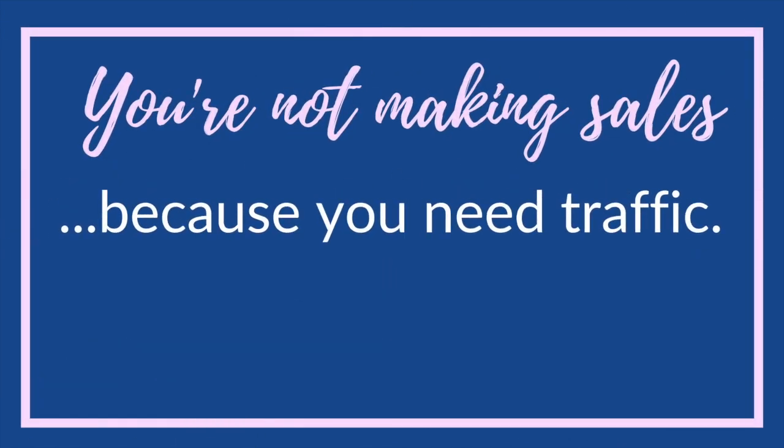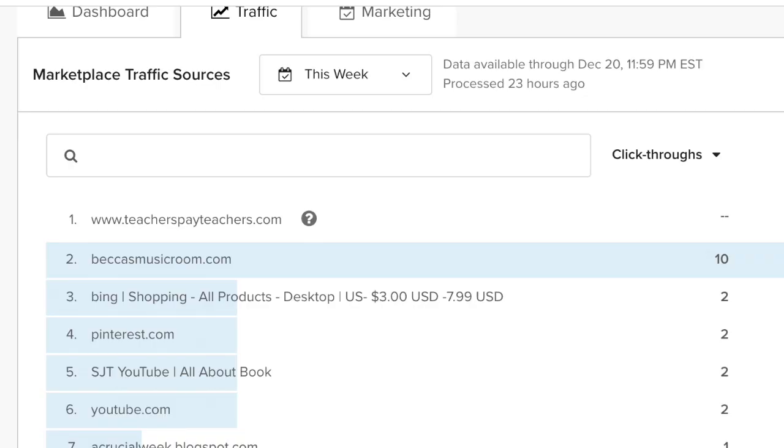Reason number 6, you're not making any money. So far we have your store is too new, you don't have enough products, your buyers are confused, people can't find you, people don't know enough to buy your product, and the next one is you're not driving traffic. So TPT is a search engine, which means that they will drive most of your traffic. Pretty much all of the time they'll drive most of your traffic, but you should also be driving some traffic